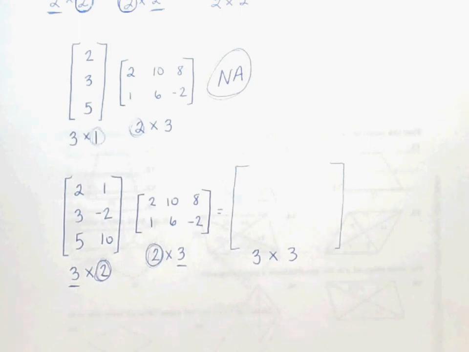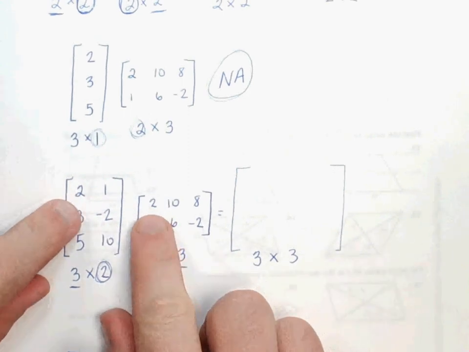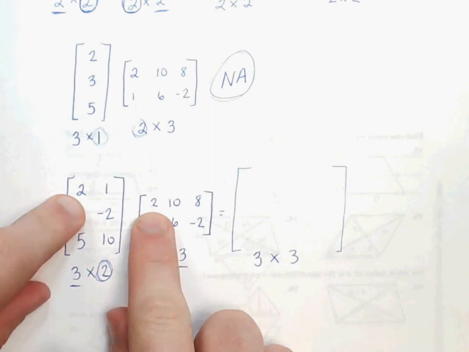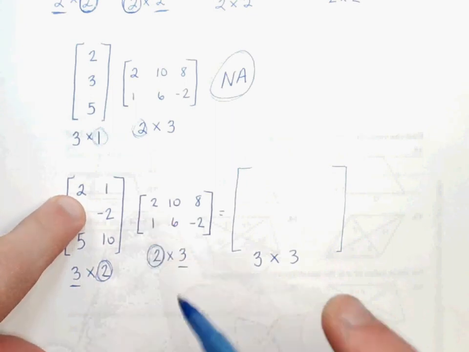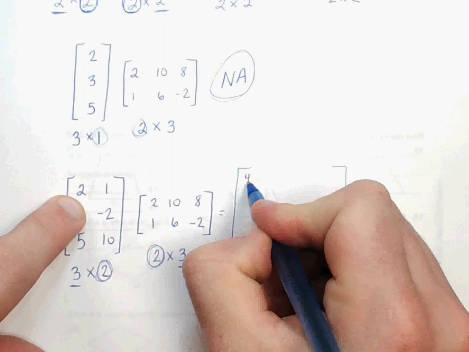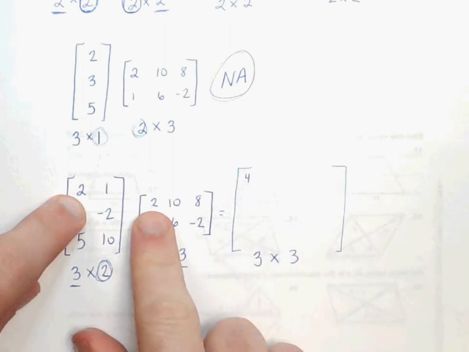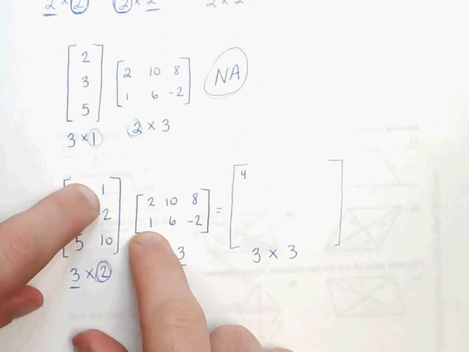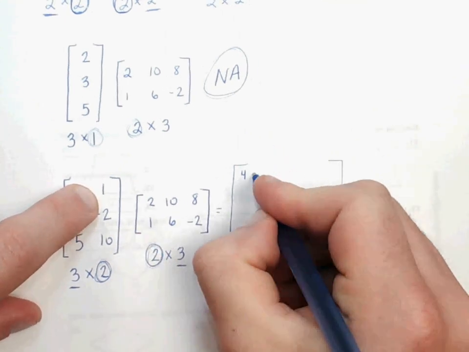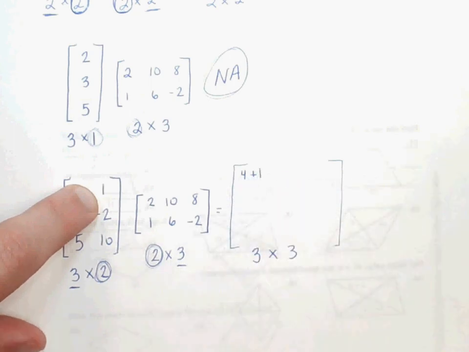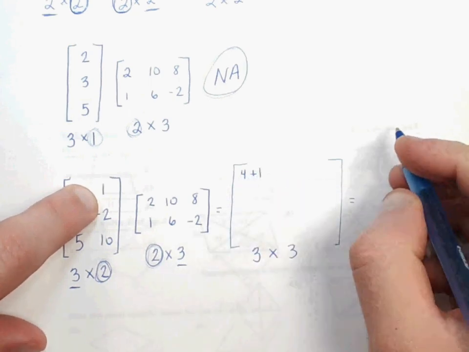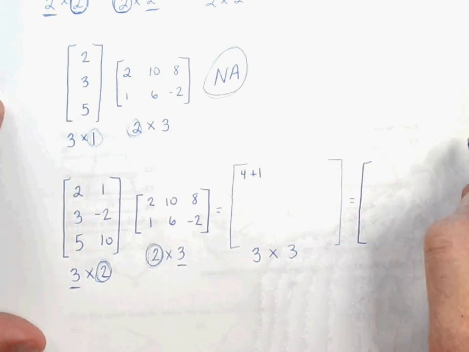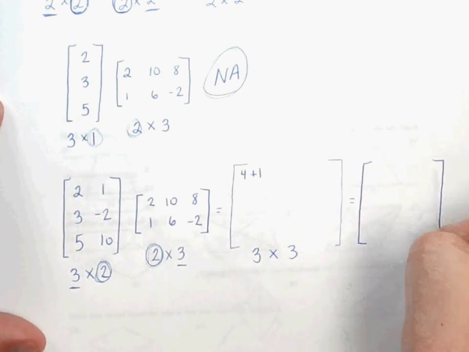So here we go. We're going to start with our first row and our first column. So fingers on the first elements. 2 times 2 is 4. Now, finger maneuver, slide over and down. 1 times 1 is 1. Right. So here will be our final answer matrix over here. We know that it's going to be